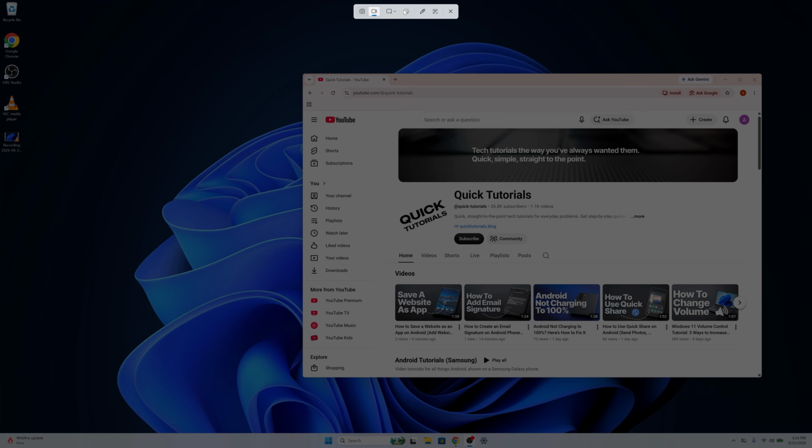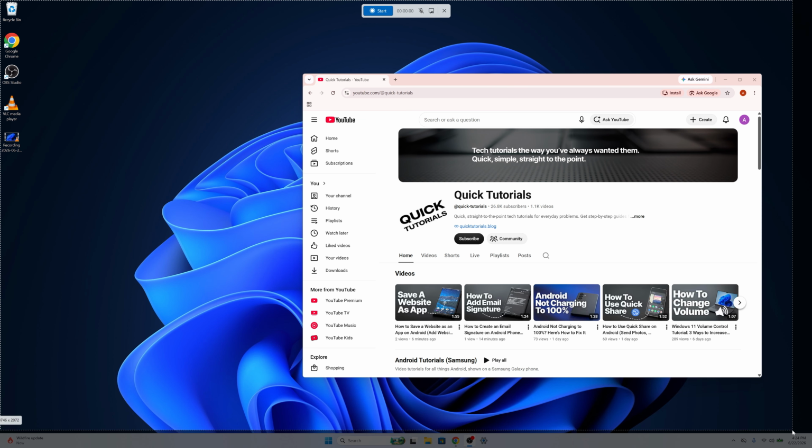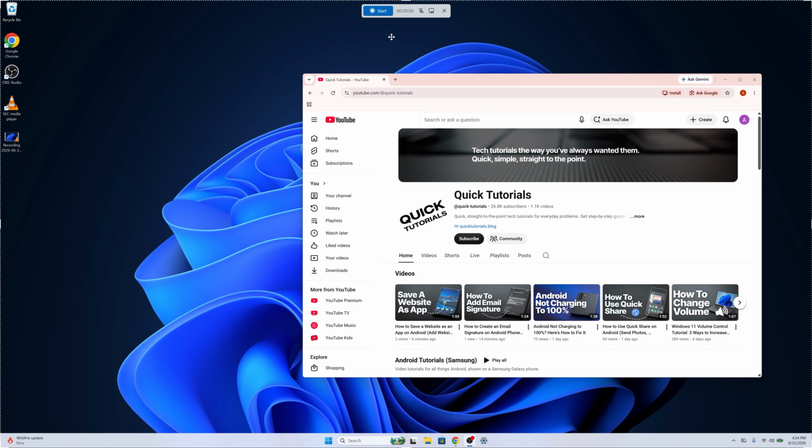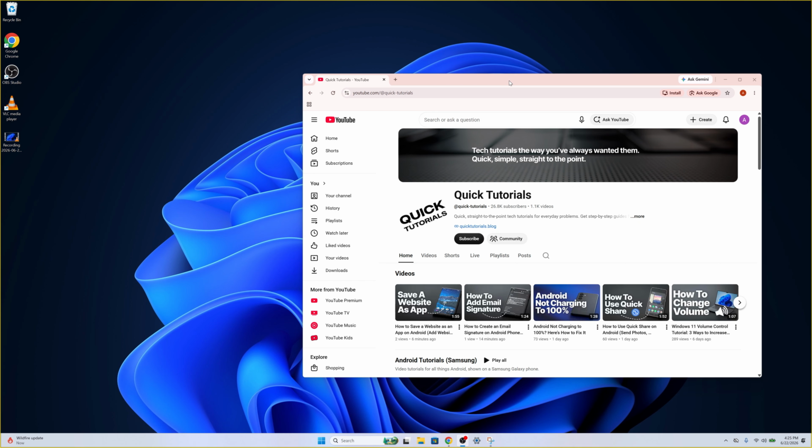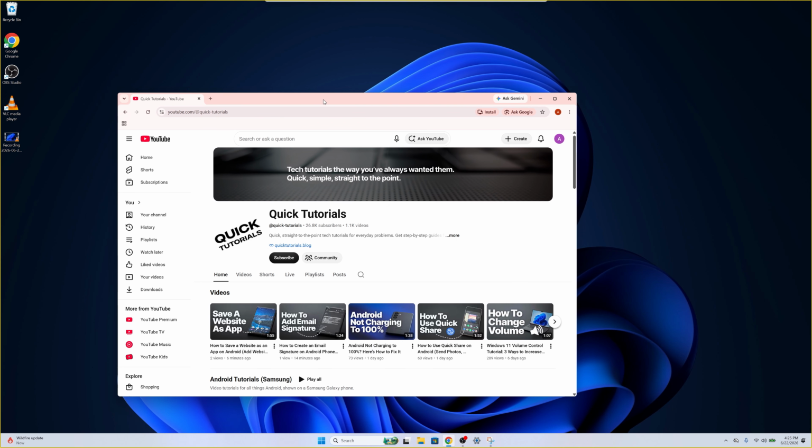I'll choose the rectangle and then just click and drag over the area that I want to include in my recording. In this case, I'm just going to go ahead and record my entire display. Then I'll click Start, and the screen recording will start. It actually shows you a little 3-second countdown in the middle of the screen, but that's not showing here in